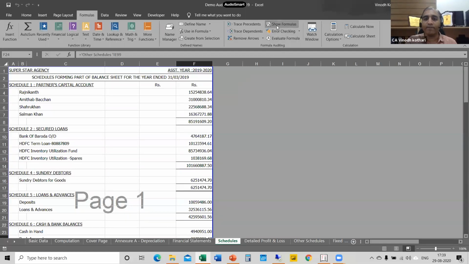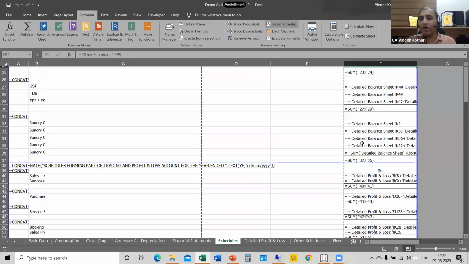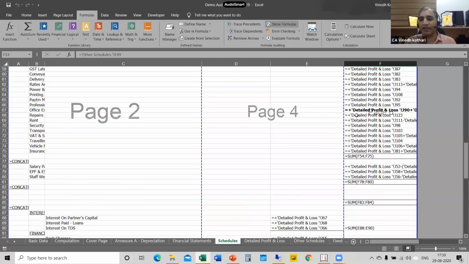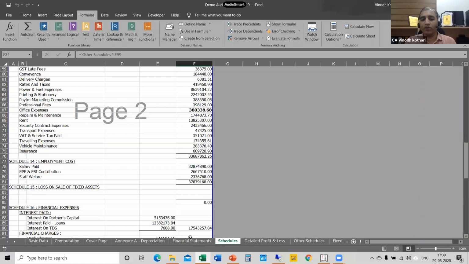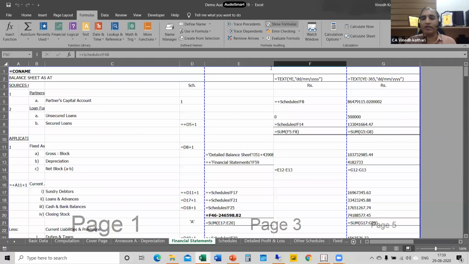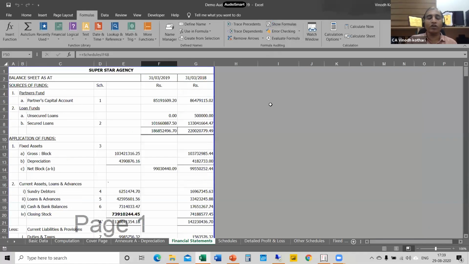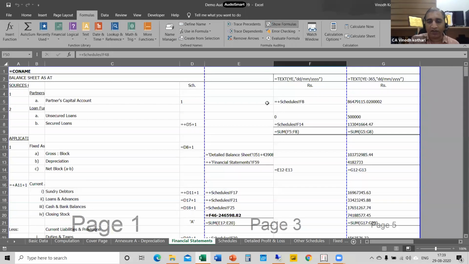Show formula. So here also you can see how the value is appearing. Again you click the show formula, it will show you the value. So this way you can find out manual values added in your financial statement. This is one. Second thing is when you show formula, sometimes you get data from multiple sources. Now here you see he has added some 43 lakhs manually. So you can ask why 43 lakhs is added manually.